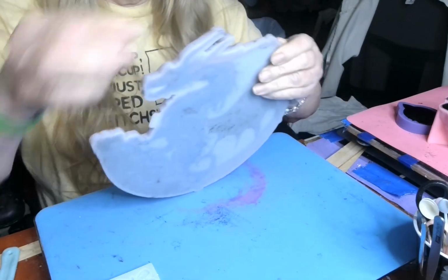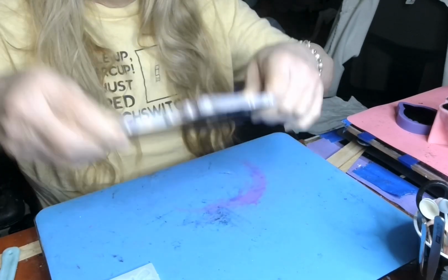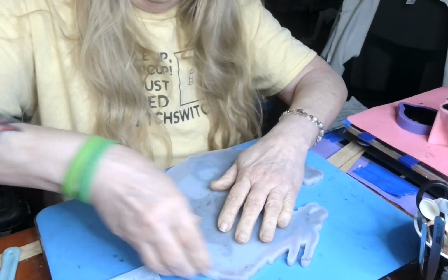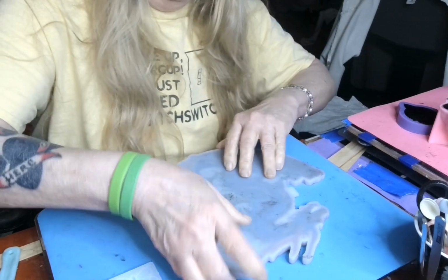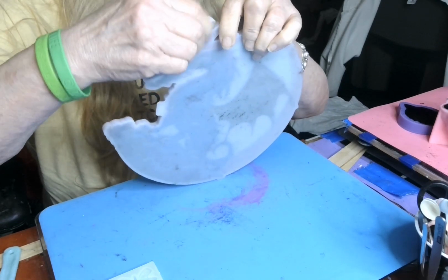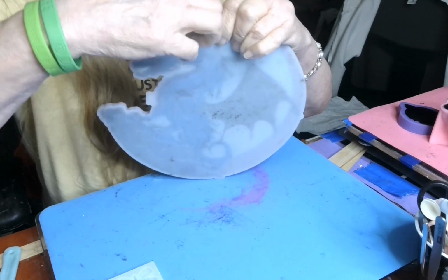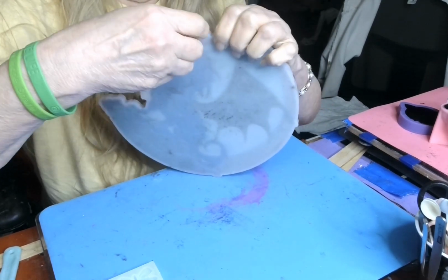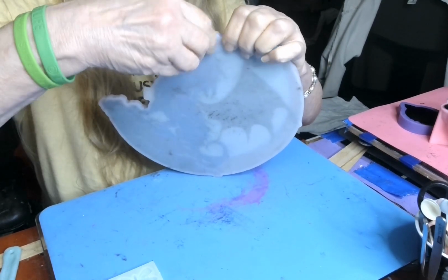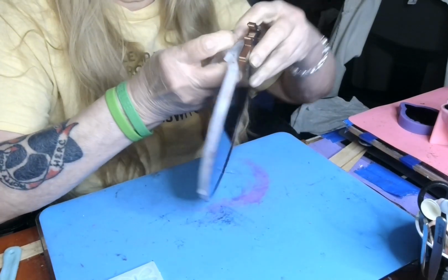Alright. This is a big dragon. Let's lay him down this way. Let's start with his horns here, so I can get them out and not have to worry about those breaking off. They should be thick enough, but